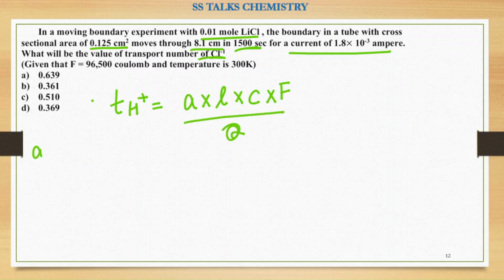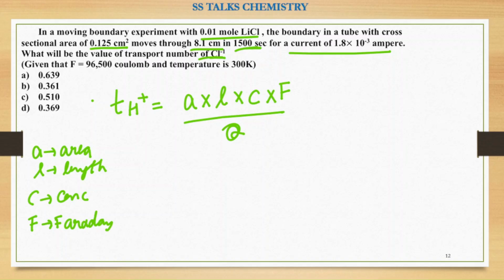So A is the area of cross section, L is the length or the distance that is given to us, C is the concentration, F is your Faraday's constant, and Q is the charge, which we can write like this also, because we know that current